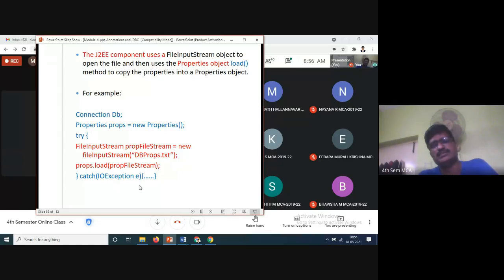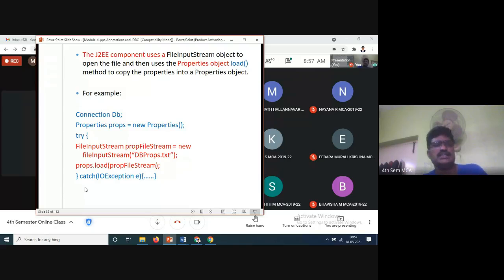And catch IOException e. You can write System.out.println, some messages such as file not found, or some error you can display. Otherwise the system will display e.printStackTrace. So objectName.println can also be used. So this is the database connection.